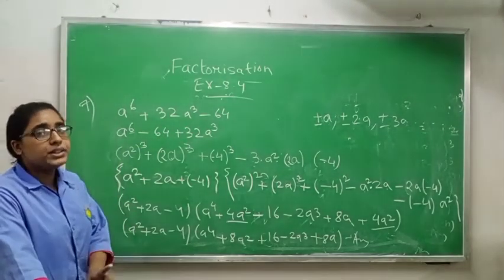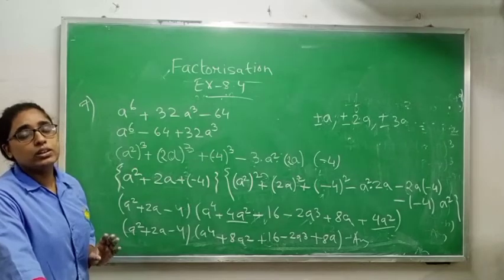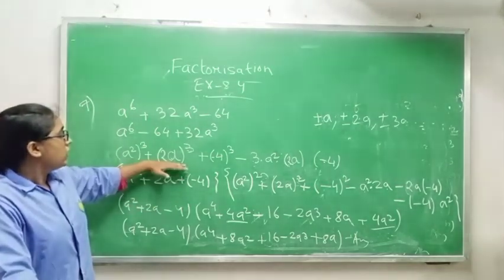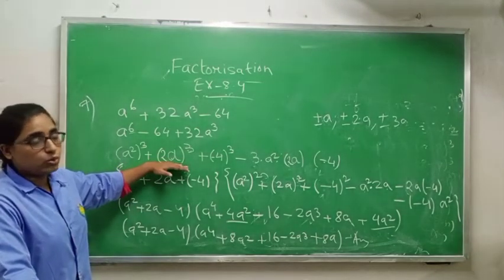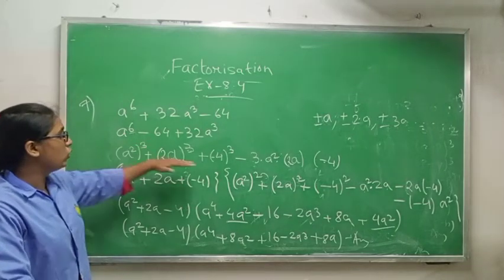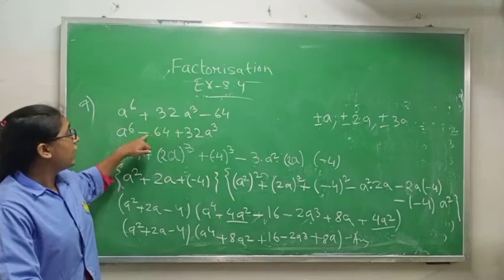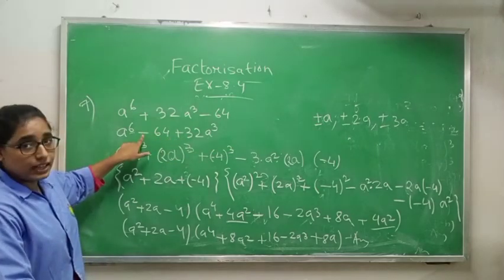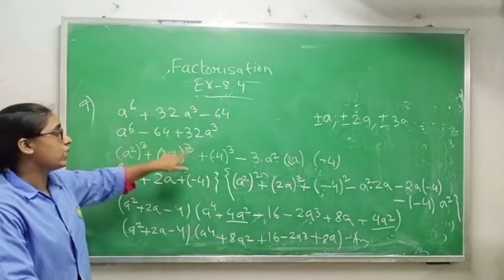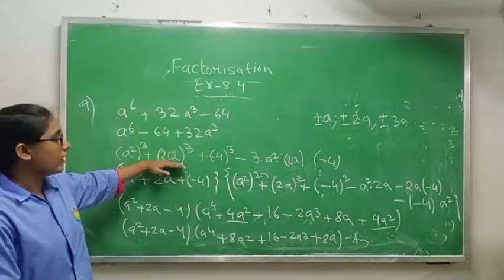Okay. Now each and every time, whichever place you keep empty, fill it. So I am writing a to the power 2 whole cube, then I have written minus 4 whole cube. Okay. Why am I writing minus? Because I have minus sign here, but in the formula I have plus sign, that is why I have to write minus. Now this place is written.